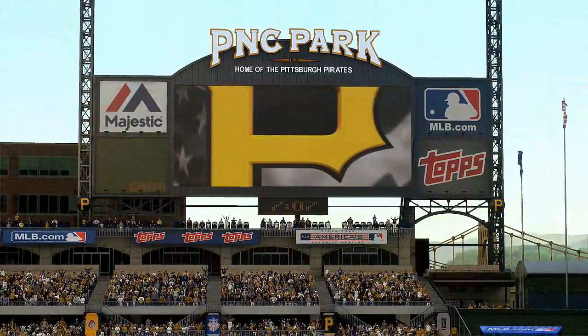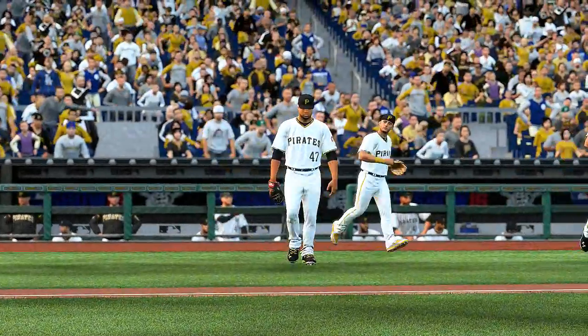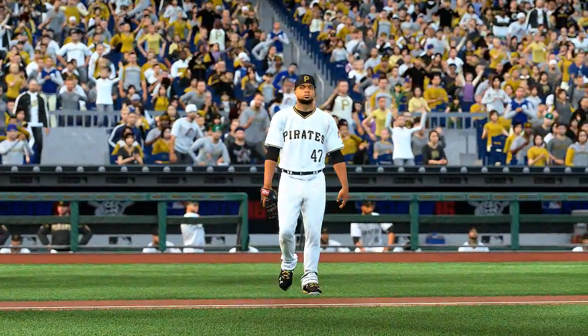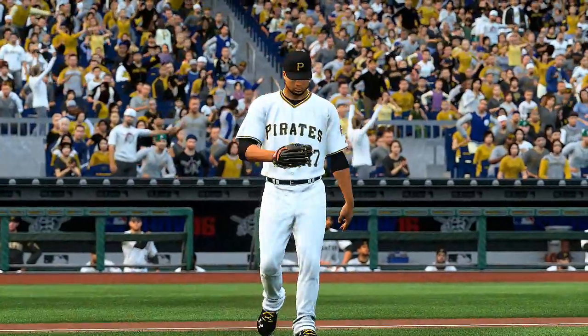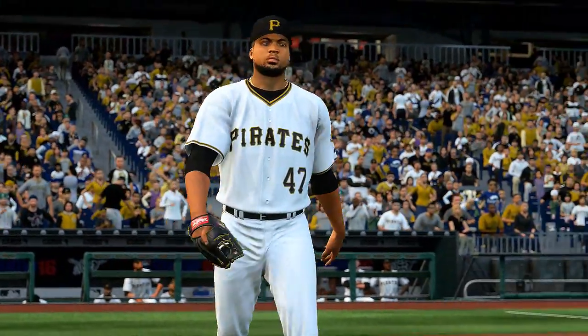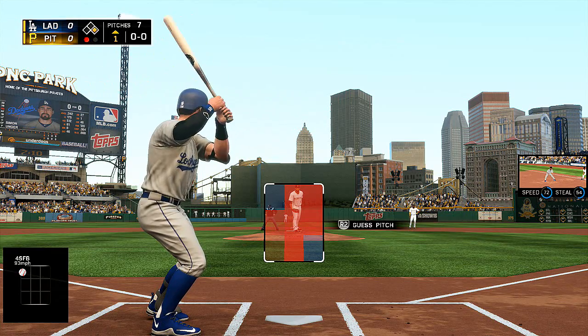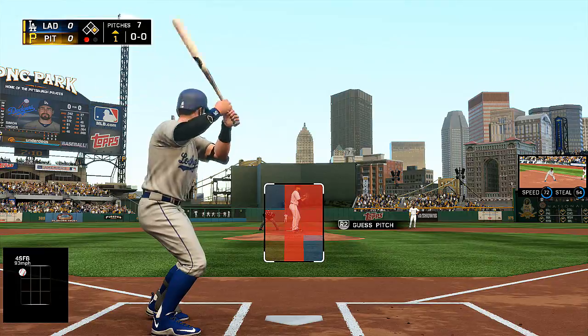Really getting that number 3 hitter warmed and ready to go here as we're getting closer and closer to the end of the regular season. Hopefully that will continue on as we go into the postseason here. But we'll go to game 2 now of this 4-game series against the Pirates, as we'll see Unger here, top of the first with 1 out with a